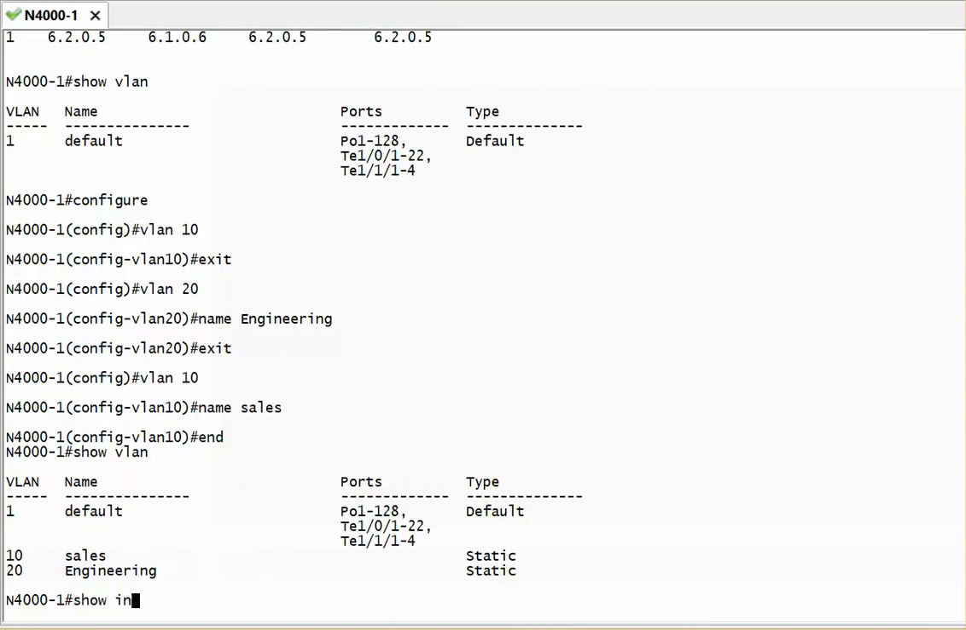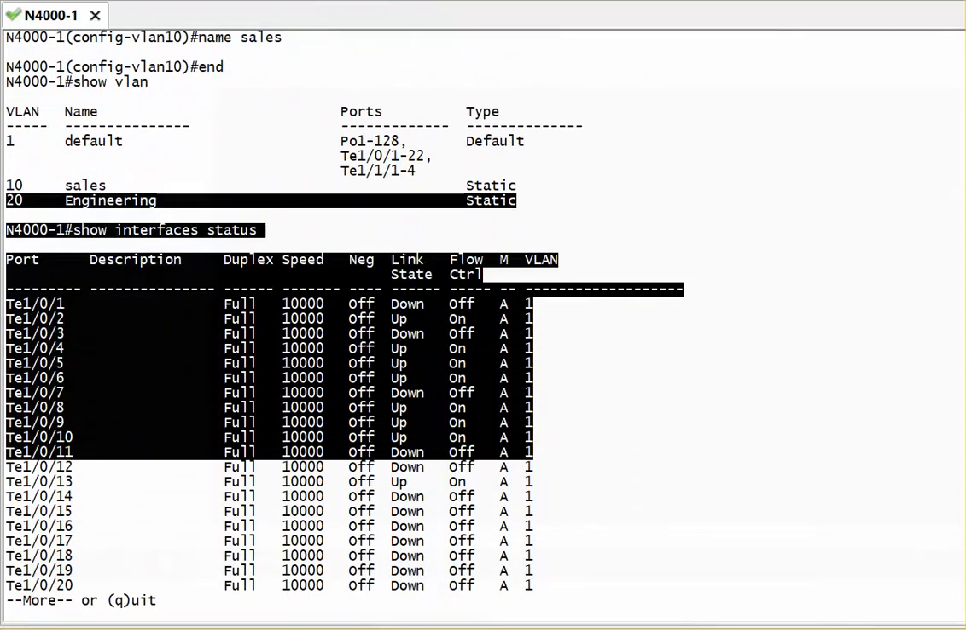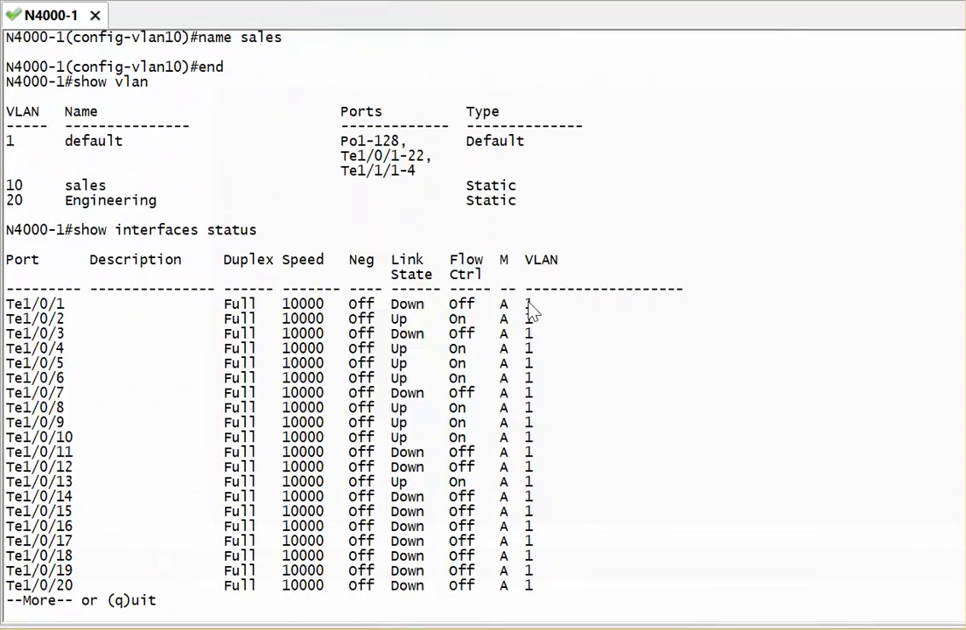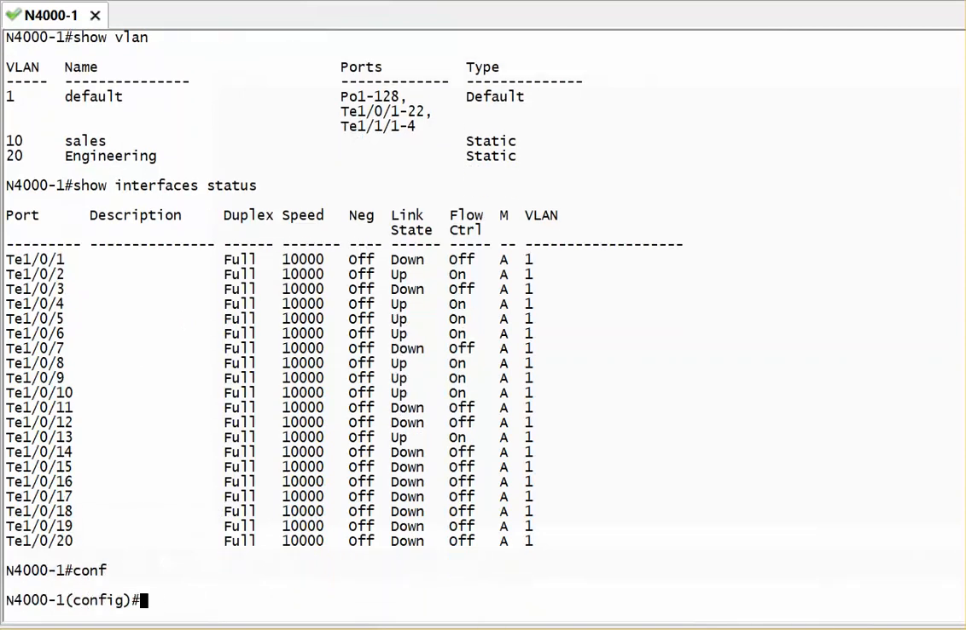So if I check my interface status right now, wait a while, and you should notice that all my ports currently belong to VLAN 1 on the right hand side over here, and they are in access mode. Now I'm going to put my port number 2 to VLAN 10, right? So how I can do this is go to configuration mode, interface TE10/2,